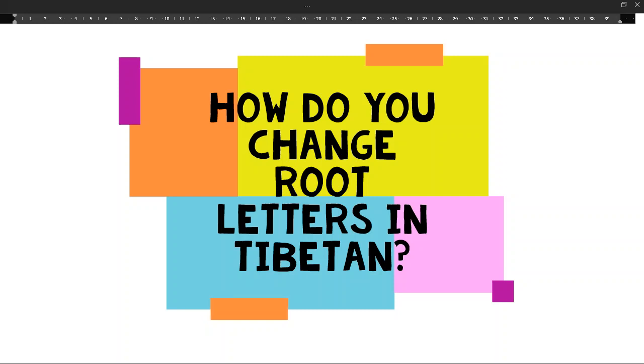So as I've said, I think in the earlier video about the sounds of Tibetan, every letter of the alphabet naturally has the ah sound. So how do you change it so that you have something other than the ah sound behind the letter? You remember that ga was our first important letter, our first letter of the alphabet, and that just always sounds like the letter A sound, ga. If you want to make it what we would say in English an I sound, gi,